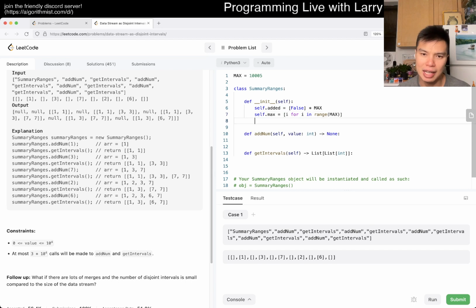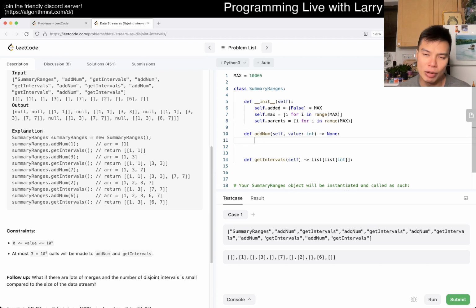Yeah, something like that. And now we have the union find portion, which is just the parents. I guess parent, whatever, also i for i in range of max. And then now when we have a number, we go, okay, right? So let's just say we add value, then